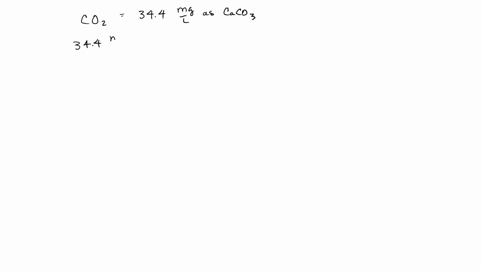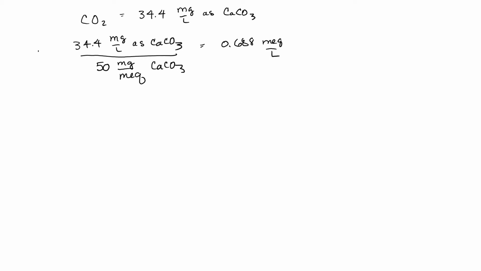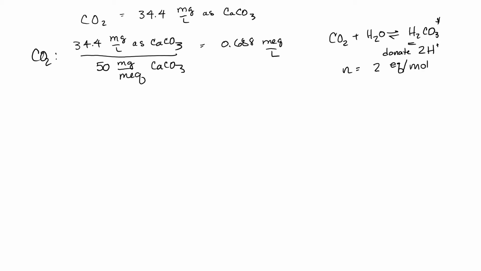If we have 34.4 milligrams per liter as CaCO3, divide that by the equivalent weight of CaCO3, and that is 0.688 milliequivalents per liter. Now, CO2 reacts with water to produce carbonic acid. Carbonic acid can donate two hydronium ions, so therefore N is equal to 2 equivalents per mole, or milliequivalents per millimole. So if we have 0.688 milliequivalents per liter, we divide that by 2 milliequivalents per millimole. That is equal to